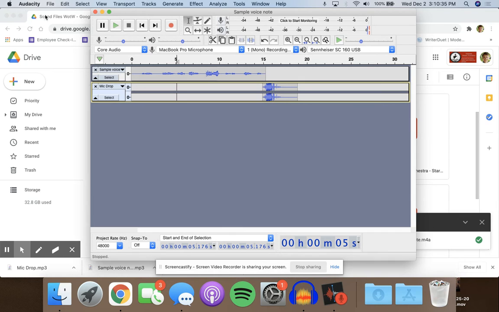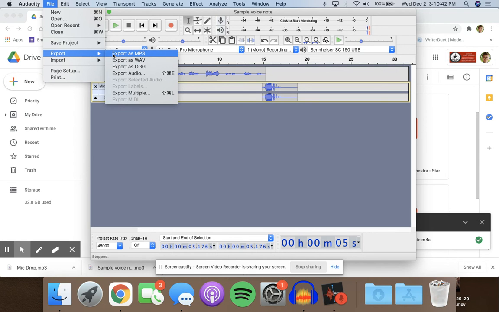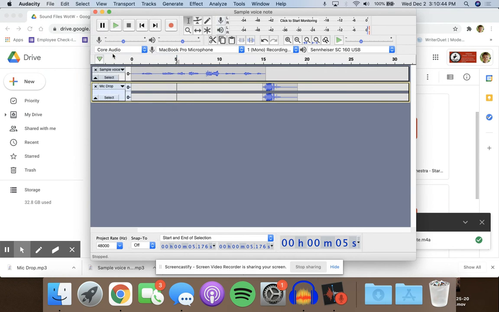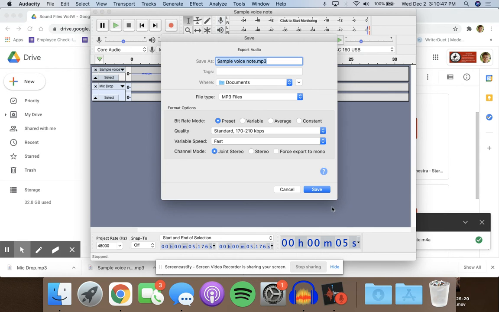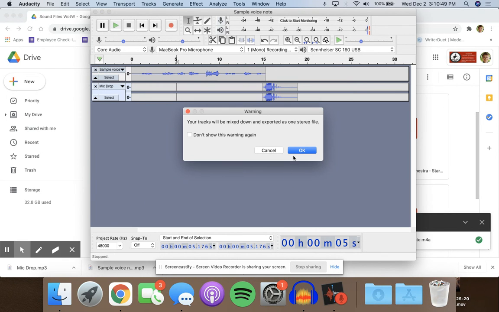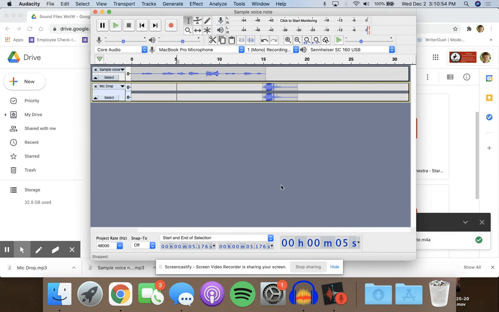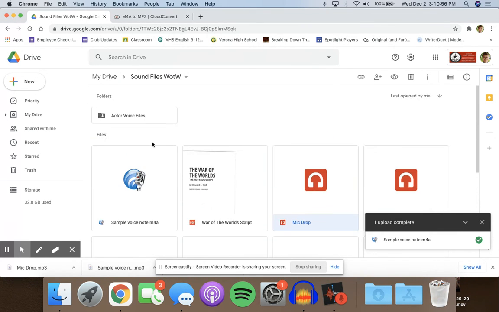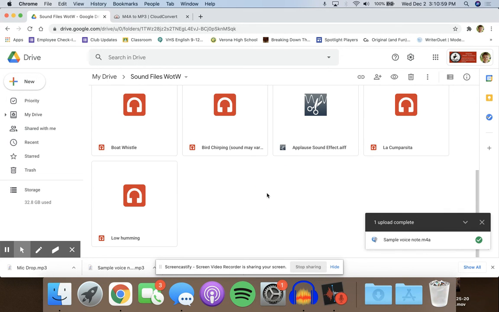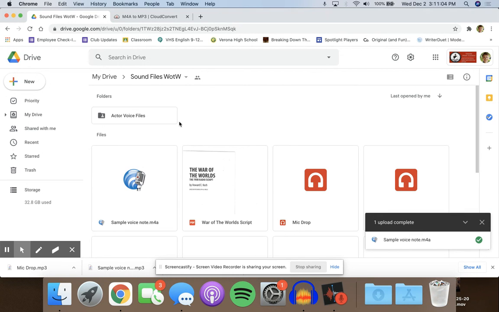Oh, and the last thing you need to know, when you've gotten a sample audio done, what you can do is you can export your file as an MP3, sample voice MP3, and then you can upload that file into, you don't need to worry about that. All we need is the MP3. You can eventually upload that into our final files folder back in the War of the Worlds. You know, I'll have another file that says finalized audio scenes. Okay? That's the basics of how to use